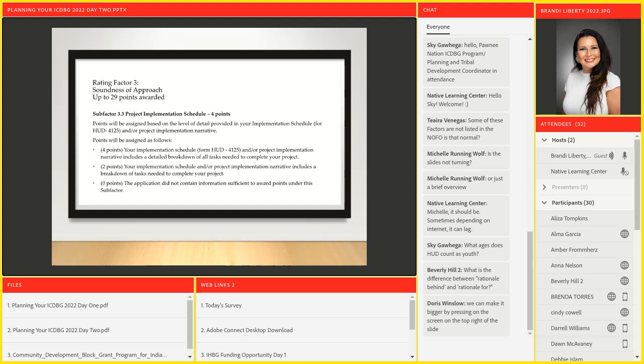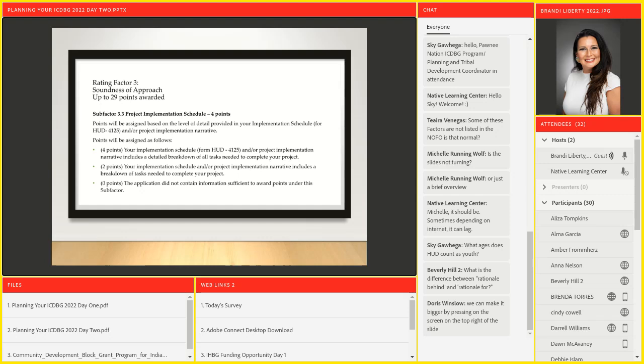I have some clients that develop an implementation schedule in an Excel spreadsheet and then just put a note in the actual HUD form that says, see attached implementation schedule. And it's perfectly fine for some of those regions. I have other regions that do not like that, and they make us do multiple page 4125s and expand that out. So you end up having a 3 to 4 page